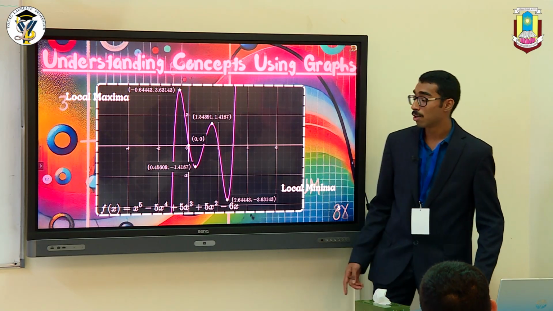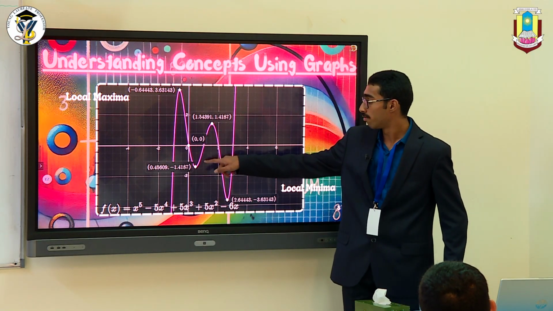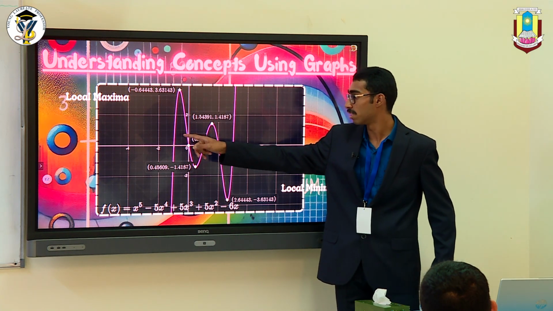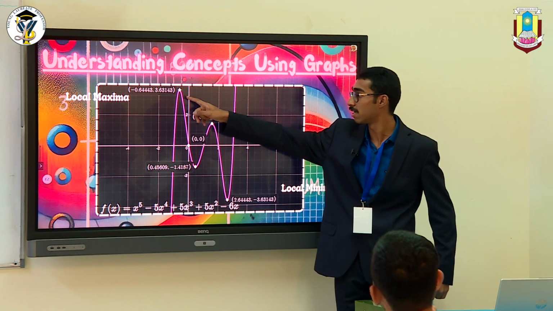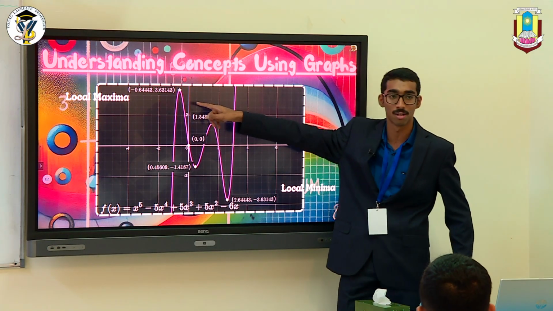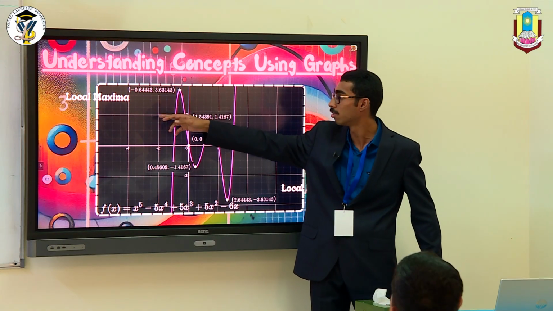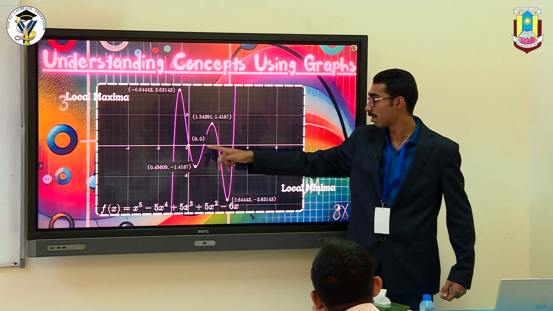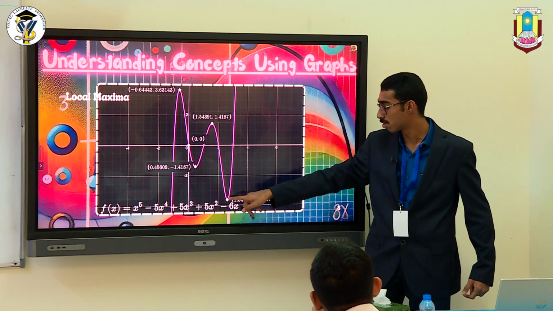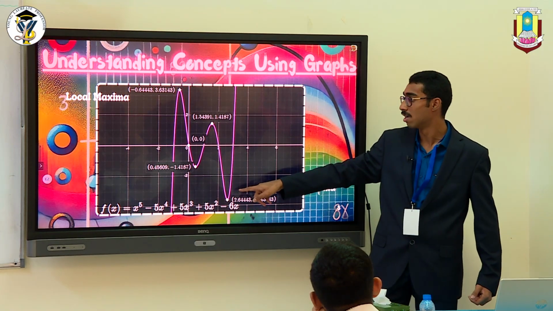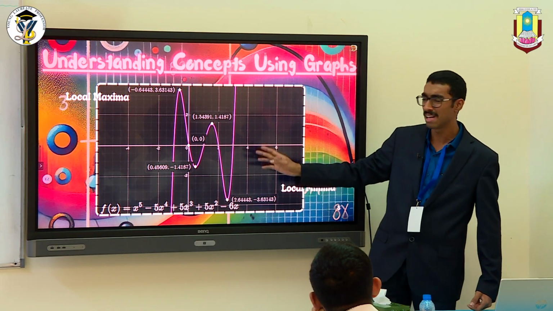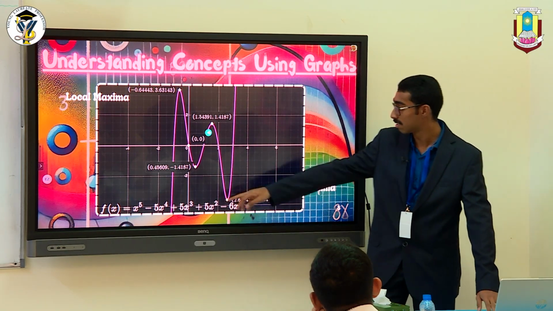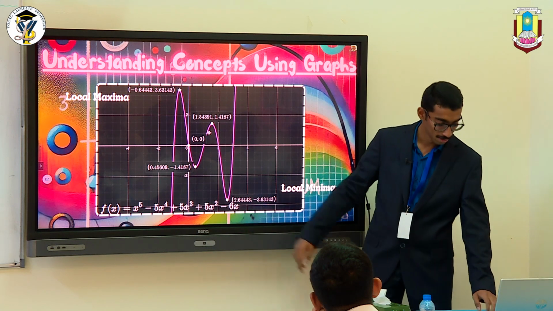So this is an example of the graph. As I was saying, the graph goes up here and goes up here also. But if you see, it has reached its maximum extent over here. So this is the local maxima. You can call it maxima, local maxima also. These coordinates are the local maxima. And you can see here, it goes down here and goes down. This is the minimum extent it can go. Afterwards, the graph just shoots up and it aligns with the y-axis. So this is the function. It's complex, but then